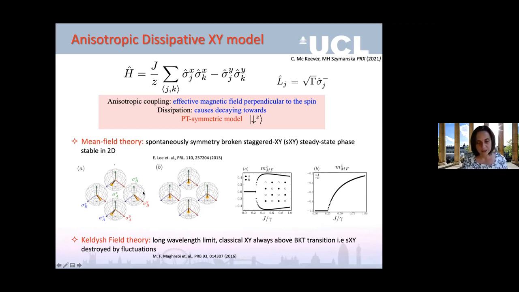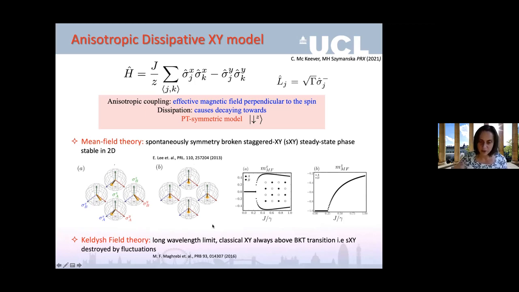And obviously, this phase of the spin to the Z direction, phi, is a free phase. So there's spontaneous symmetry breaking, so one obtains vortices and anything to do with the topological phase transition. However, although mean field showed this very interesting staggered phase, the symmetry breaking is a staggered phase, the Keldysh field